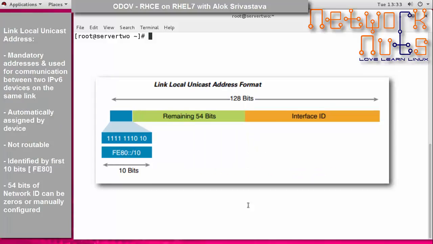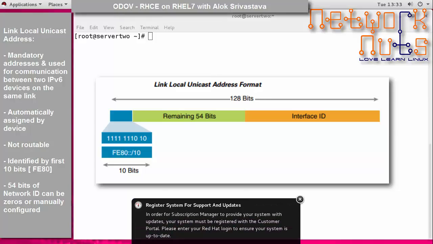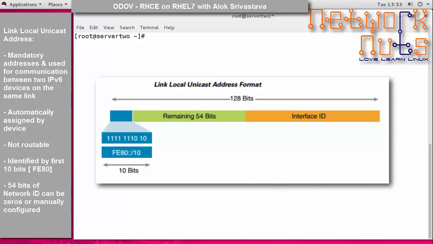Number 3, the last one, is the link local unicast address. These are mandatory addresses. You have to assign them, and they are used for communication between two IPv6 devices on the same link, and they are automatically assigned by the device as soon as your IPv6 is enabled. And remember, it is not routable, and they are normally identified by the first 10 bits, which is FE80,